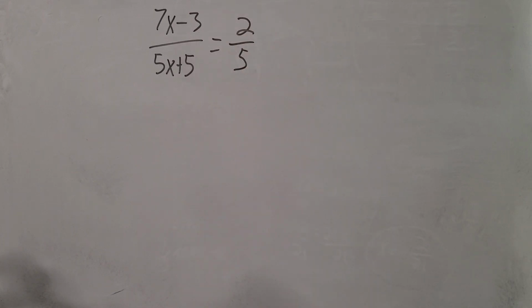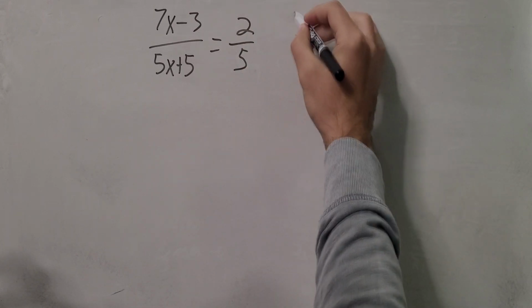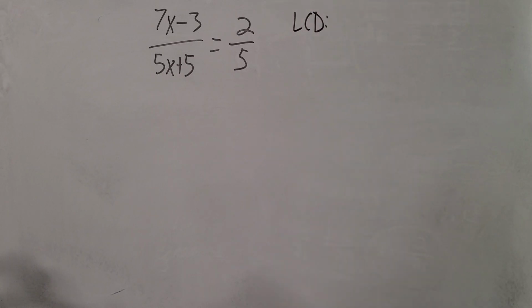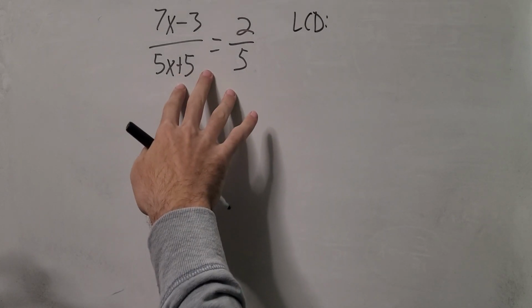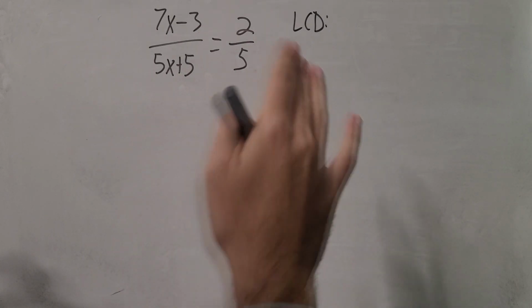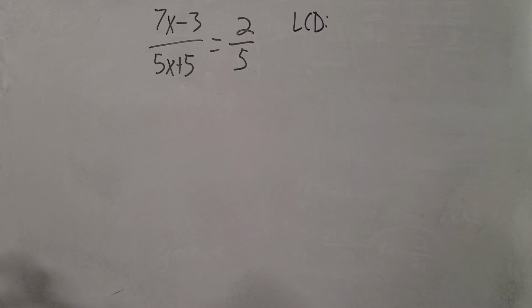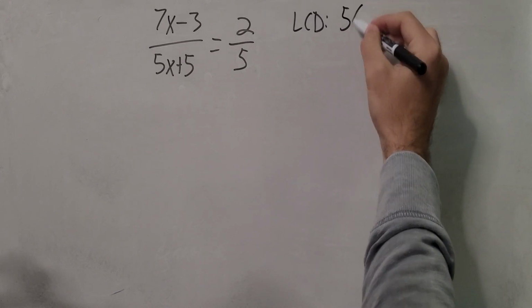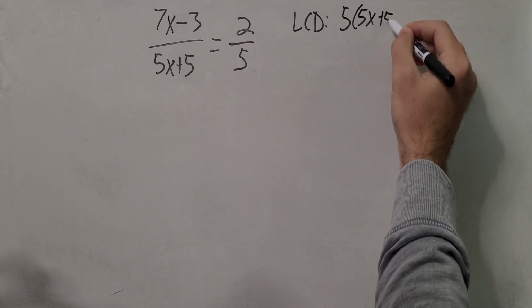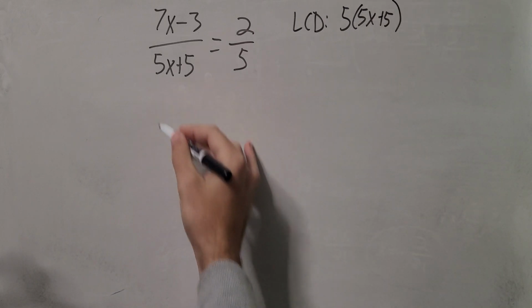All right, so by all means, you can use the LCD method that we're practicing. I am going to show that briefly, but I also want to cover a specific method that we could use when we have two fractions equal to each other. So let's go over the LCD method that we've been practicing first. The LCD would be 5 times 5x plus 5. When we apply that to both sides,